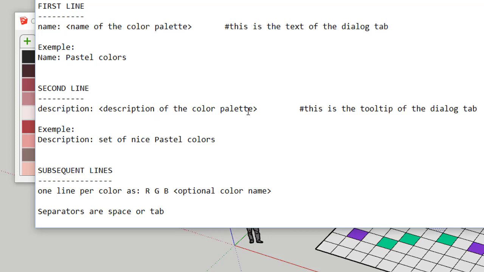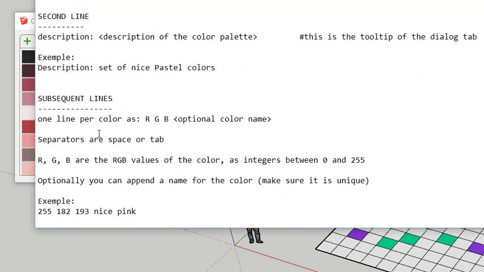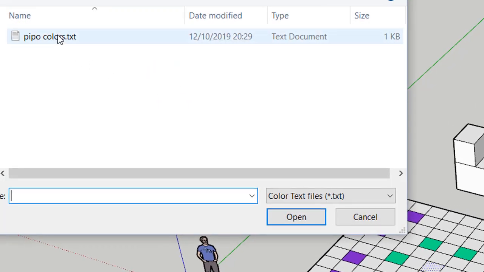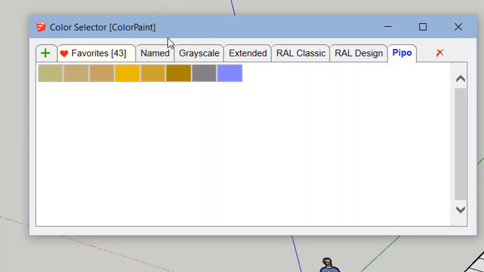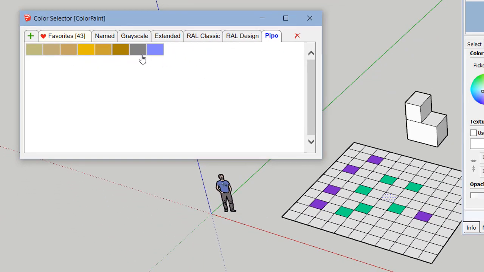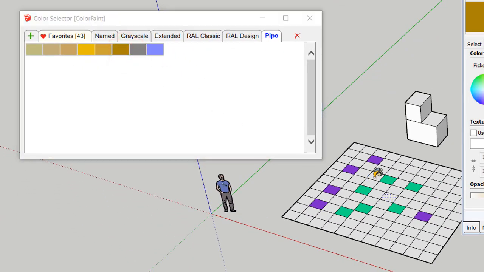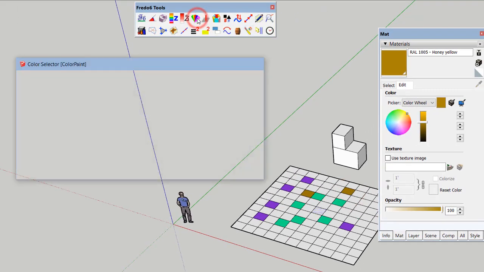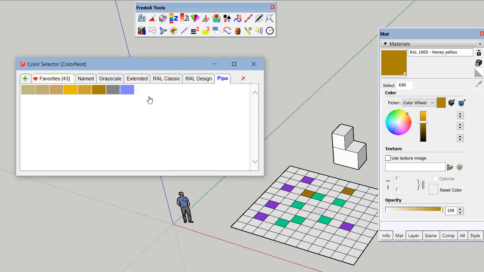The second line is the description, the tooltip, and then all subsequent lines should be RGB, separated by space or comma, and an optional name. So let's load a custom file, this one, which I prepared. There are very few colors, and now it's part of the color selector. It will remain across sessions and models.